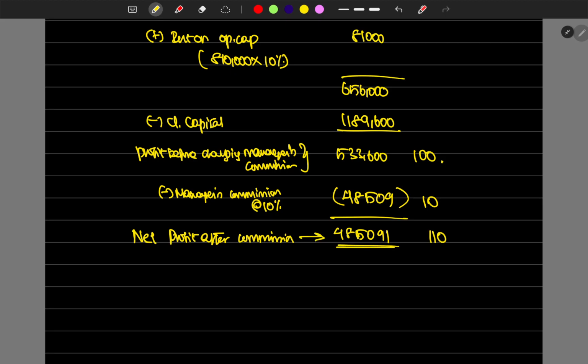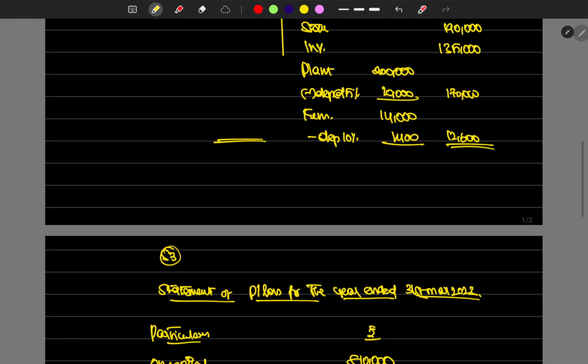So when it comes to calculations like manager's commission at 10%, where the commission is charged after such commission, we have to take the base value as 100 and add the rate of commission to it, so that the given value we are going to find out is 110%. Okay, then only we'll get the correct figure. And this is how the problem should go, and this is one of the type 1 problems from incomplete records,